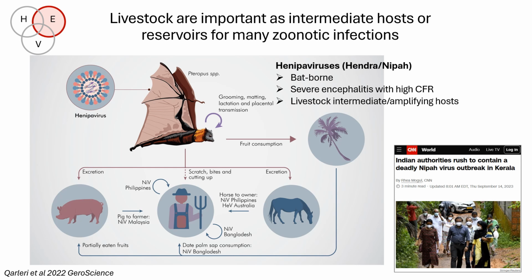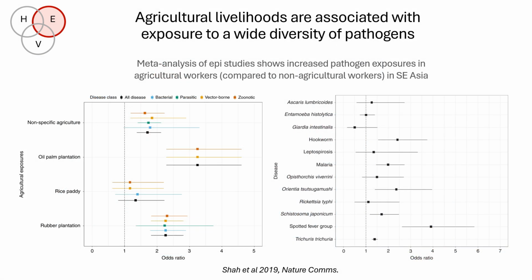Another important conduit for exposure may be the role of livestock, especially within these kinds of fragmented landscapes. And a good example here would be something like henipaviruses. So this is hendravirus and Nipah virus, which are bat-borne infections that cause severe encephalitis with a high case fatality ratio. Both can spill over directly to humans, but also involve domestic species as major bridge or amplifying hosts, pigs in the case of Nipah virus, and horses in the case of hendravirus, that effectively act as a conduit for infection from bats to people. And we can think about the many different